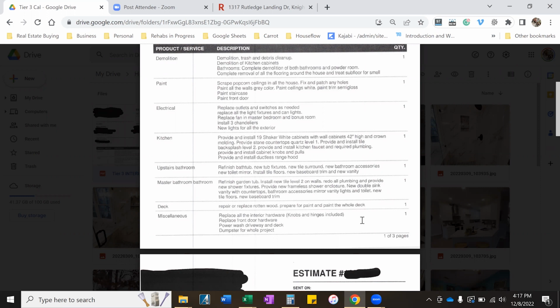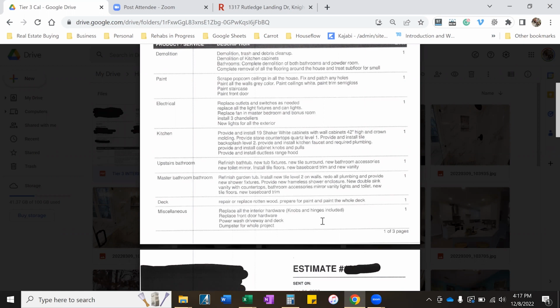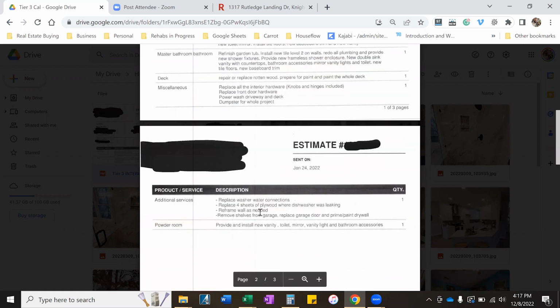New tile floors, new baseboard and trim, repair and replace rotten wood. Replace all the interior hardwood, knobs and hinges included. Replace front door hardware, power wash driveway, dumpster for whole project. Washer, plywood, a lot of rotten wood, reframe as needed, remove shelves from garage, replace garage doors. We also had to redo the deck,